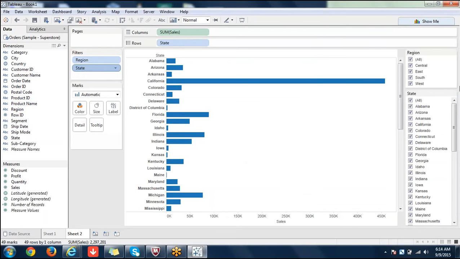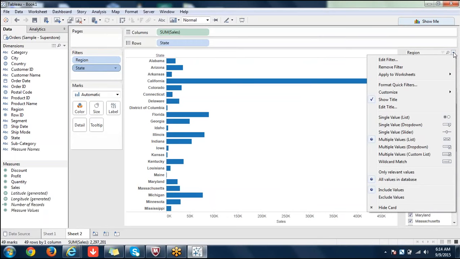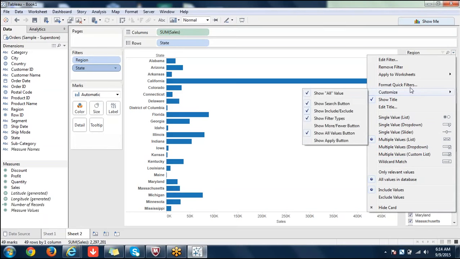Whenever you add something to quick filter, as soon as you come here, that's not the end of the filters. As soon as user sees filters, that's not the end of it. You can drop down it. Well, plenty of options here. All these options are to select a slider or drop down, such things. You can select a drop down, that is single value drop down. That means you can select only one value. Multiple values is you can select multiple values drop down. List is there here and here also it's there. So wildcard match is also there. If it is a string, wildcard match will be there. Okay, so formatting lot options are there here.